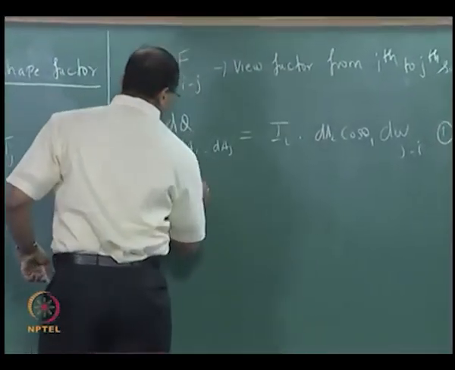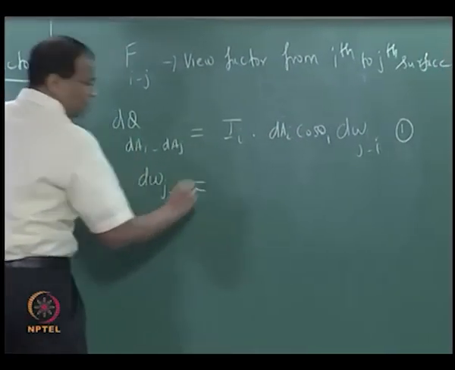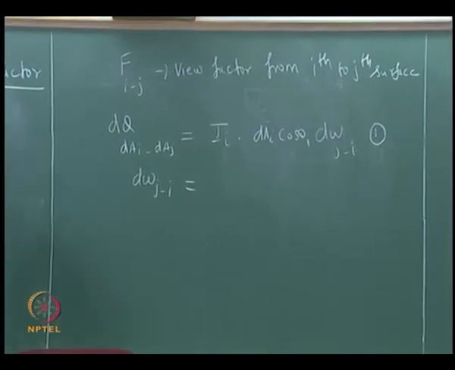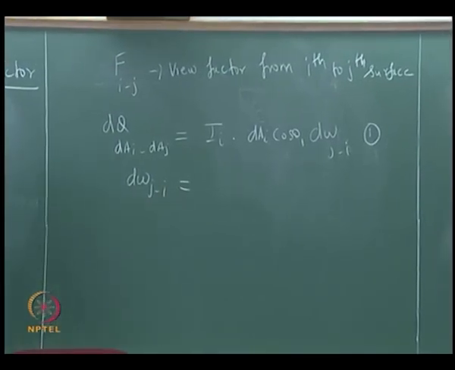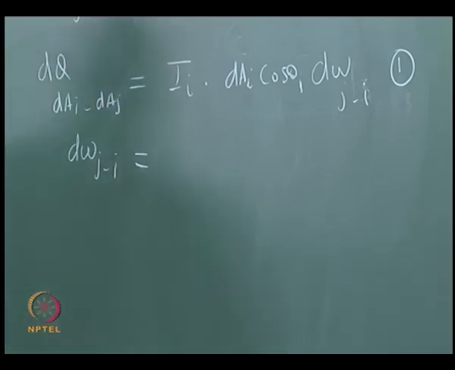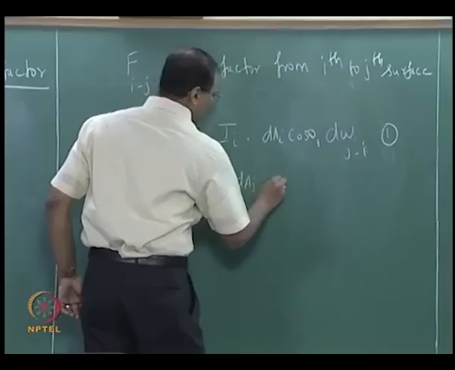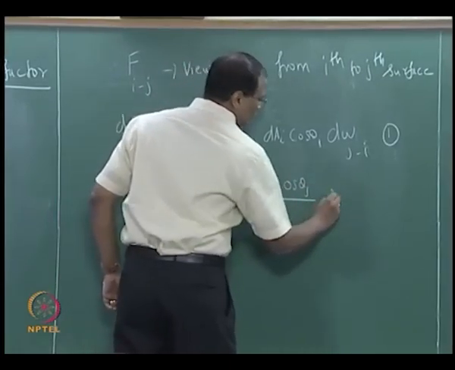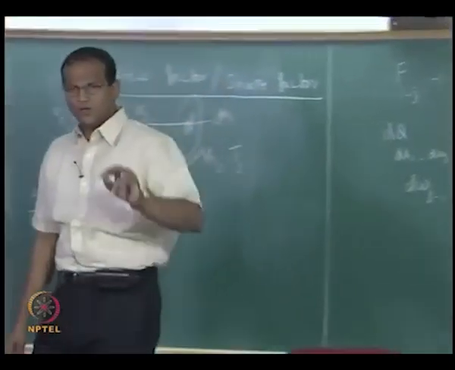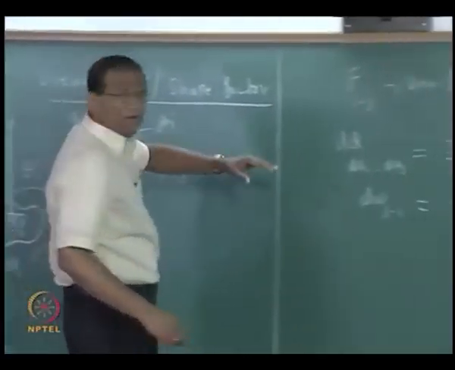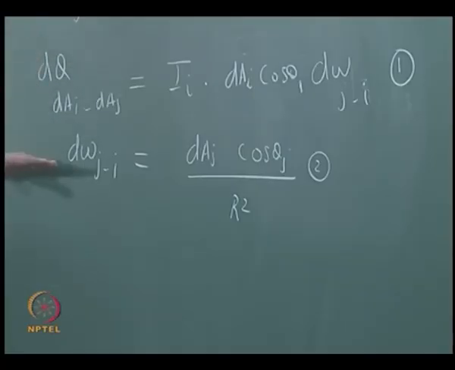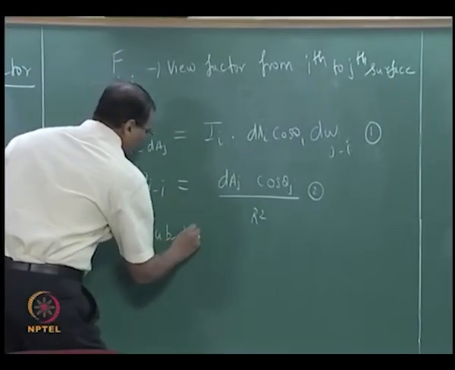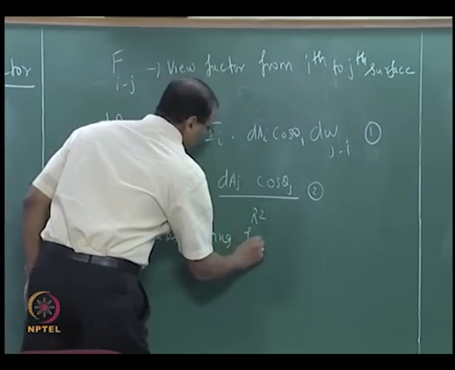Next step: d omega equals dAj cos theta j by R square. Very good. Is everybody through with this? Now you can substitute for d omega ji in equation 1. I have not evaluated the fraction, I am just writing the dq first. So I am getting the numerator in the definition. Substituting for